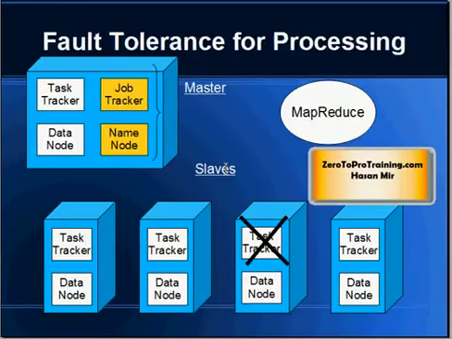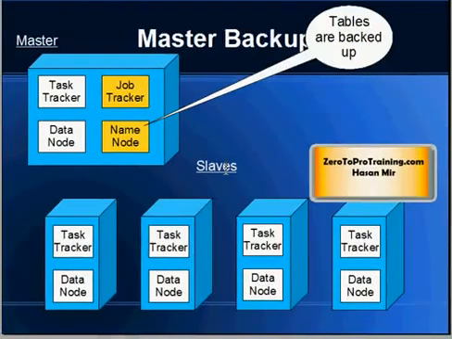The fault tolerance is not limited to the disks failing at one of the slave nodes or even at the master node. It is also applicable to the task tracker services that are running on slave computers. If any of the computers fails or even just the service fails, the job tracker would detect the failure and it will ask some other task tracker to perform the same job. The fault tolerance is there, but one can argue the fault tolerance is there only as far as the slave computers are concerned. If the master computer dies, then that would be a single point of failure.